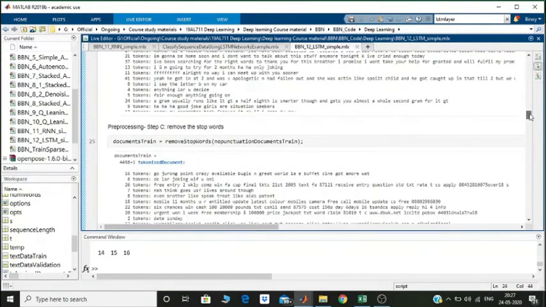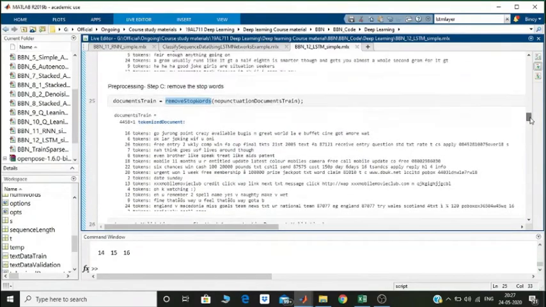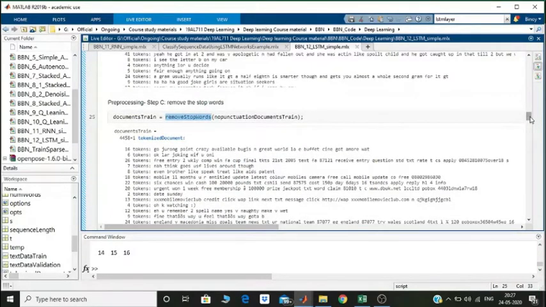So the third step in pre-processing is to remove something called stop words. Again, there is a built-in function called remove stop words. What are stop words? Stop words are things like a, and, the, which are not actually relevant to understanding something, but they are useful from a language perspective. For example, if you want to say this is an apple and that is a mango,